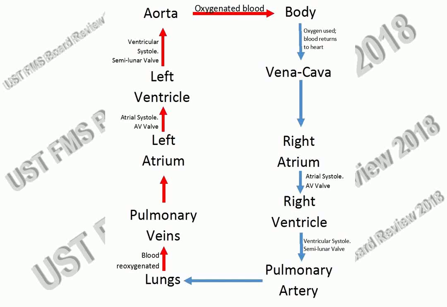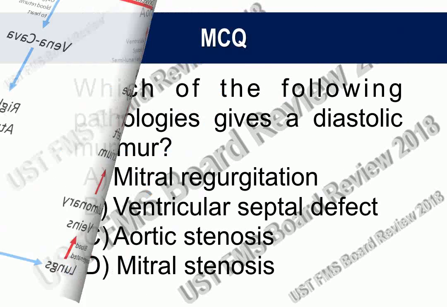Of course, when the ventricles contract, you pump blood into the aorta, and this is oxygenated blood that goes to the different parts of the body and returns via the venous return to the vena cava, both the superior and the inferior vena cava, going to the right atrium, the right ventricle, into the pulmonary artery for the blood to be oxygenated in the lungs, and goes back through the pulmonary veins to the left atrium and repeating the cycle.